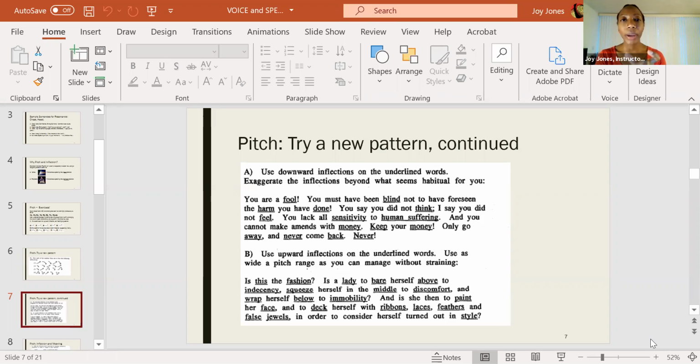So we'll do the entire sequence in passage A as a group. And then if you would like to, I'll have volunteers, maybe someone who didn't go before, give us, if not the entire passage, then at least a sentence from passage B, and that's using upward inflections. But again, passage A, any word underlined, we will use a downward inflection, or at least our best attempts to do so. I'll do it. Oh, all right. Ben, we'll do the whole upper passage together as a group. But can I definitely call on you for passage B in a moment? Okay, thank you, sir. Appreciate that.